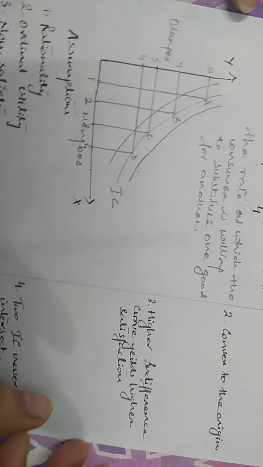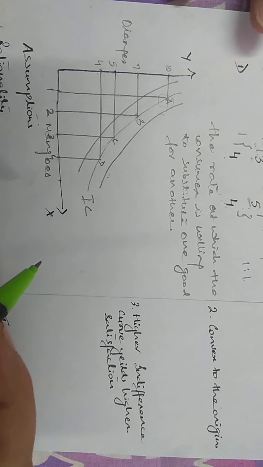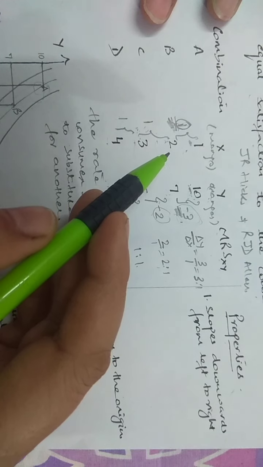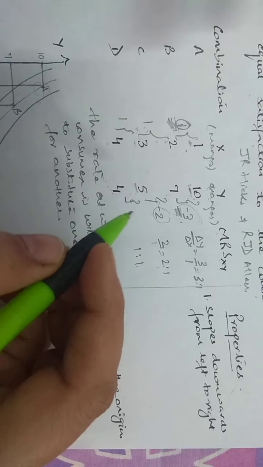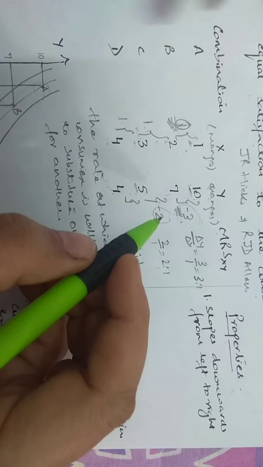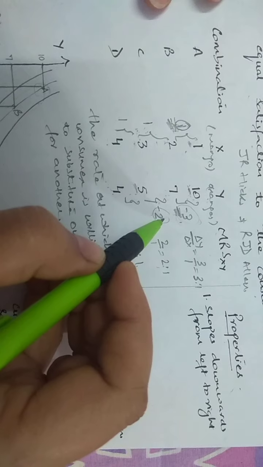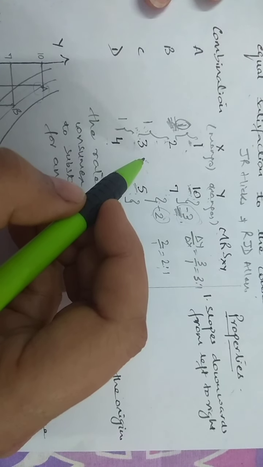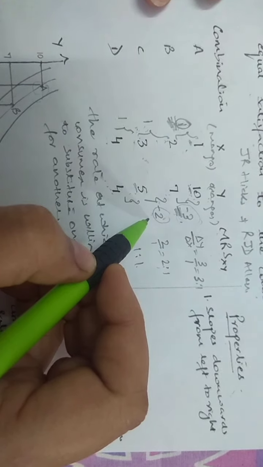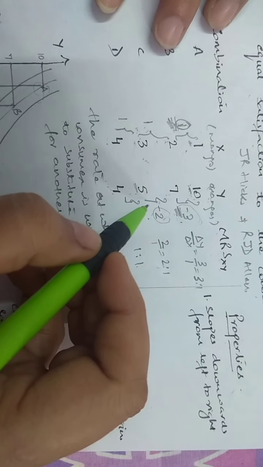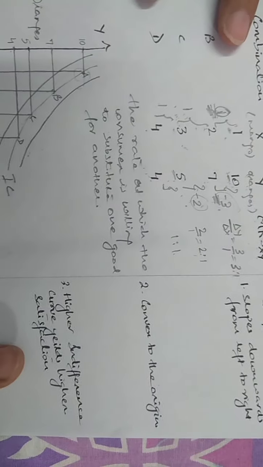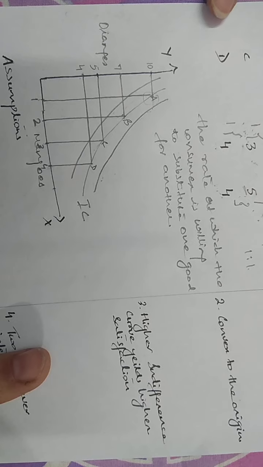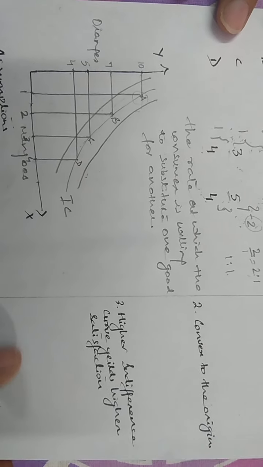Now this says that when the consumer substitutes more and more of one commodity for another commodity, he'll be prepared to give lesser units of Y to get an additional unit of X. When he has lesser units of Y, he will be willing to give up lesser of Y to obtain one additional unit of X. So kindly mark this definition in your book and learn it. This is important for your short answer questions.